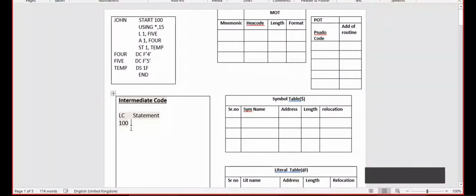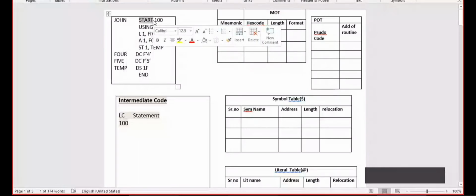By observation, we can say that pseudocodes are the START. This is our START. I am copying this pseudocode into the POT table.